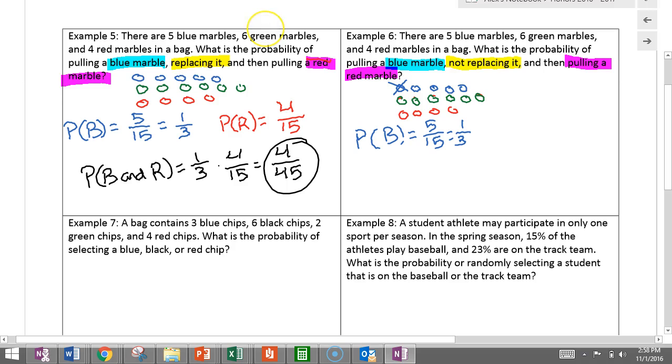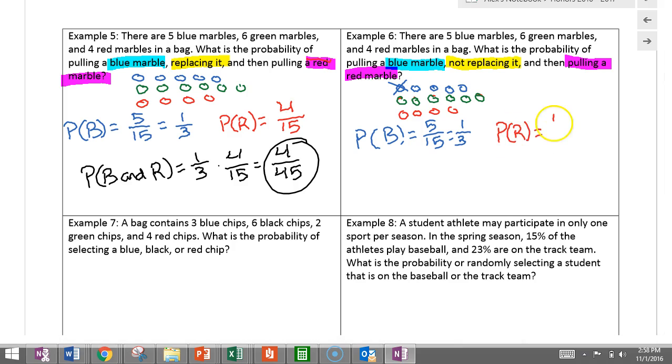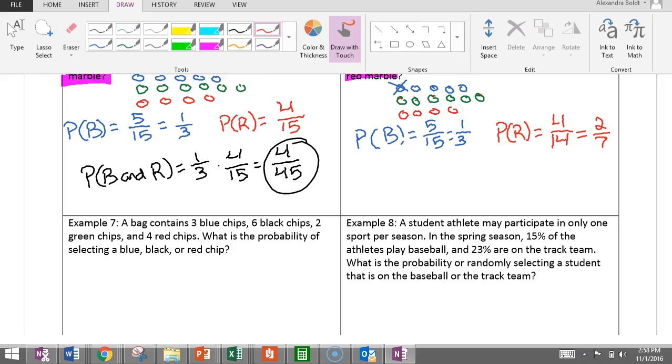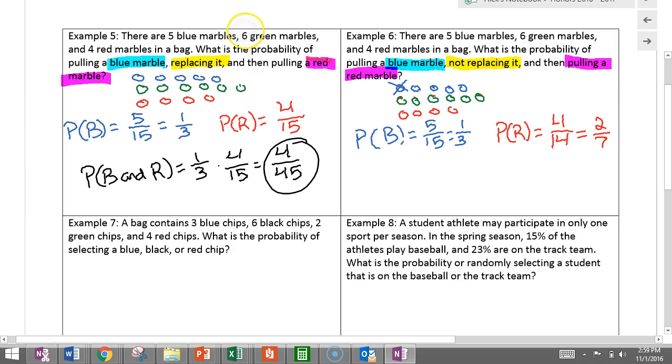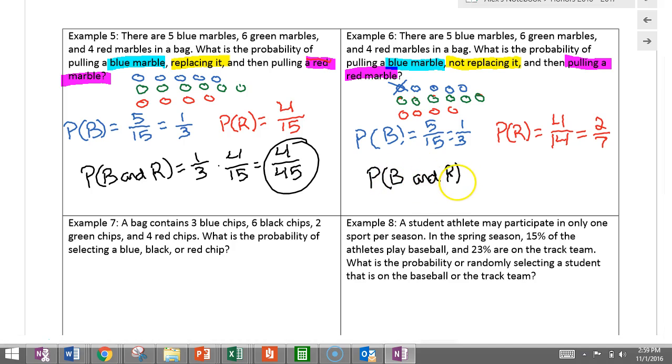So now, when I find the probability of pulling a red marble, well, I still have 4 red marbles, but how many total marbles do I have? I only have 14, so I've taken out that blue marble. Again, I can reduce it. This is 2 out of 7. Now I'm still finding the probability of both of these things happening. It's still "and" means multiplication. So I'm still going to multiply these two things together. The probability of B and R equals 1/3 times 2/7, which is